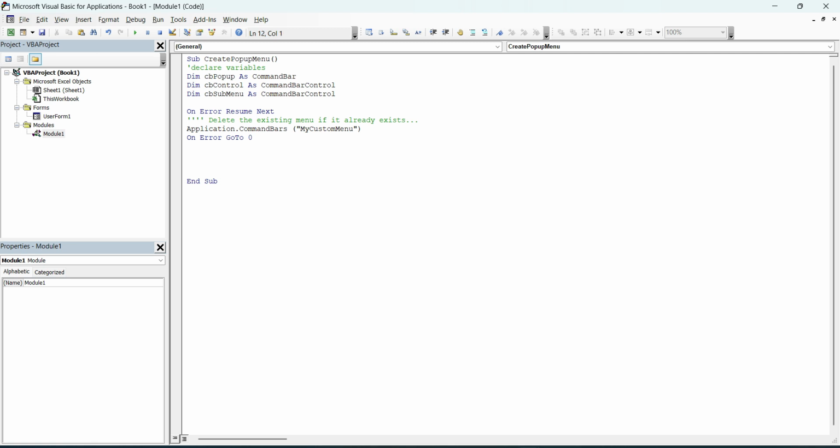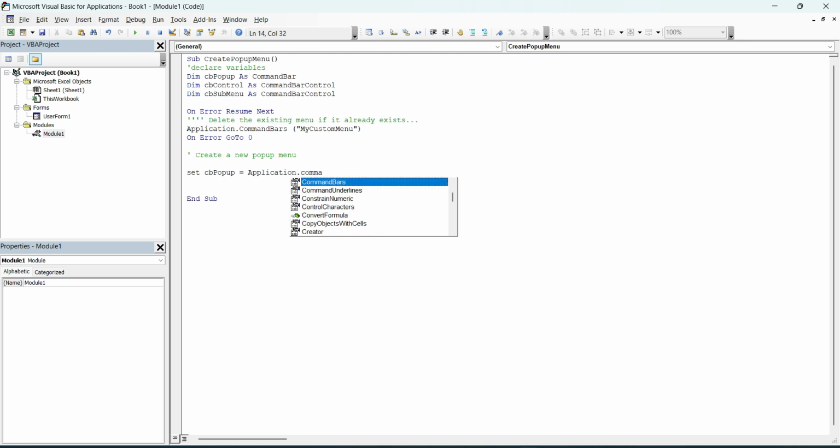Okay, now let's create a pop-up menu, and to create a pop-up menu, let me put a comment here. Now you can write with me. We are going to set cb pop-up equal to application dot command bar dot add.